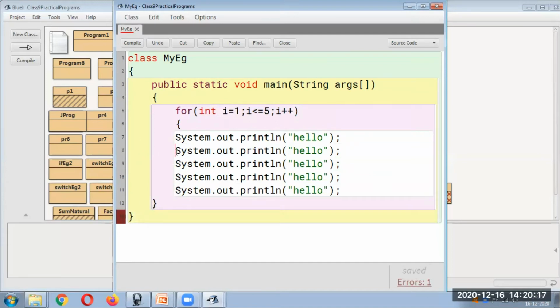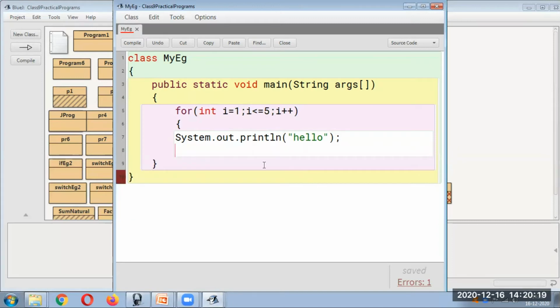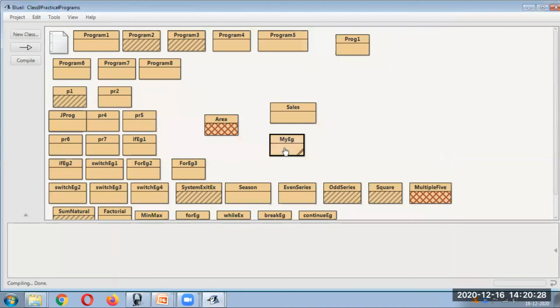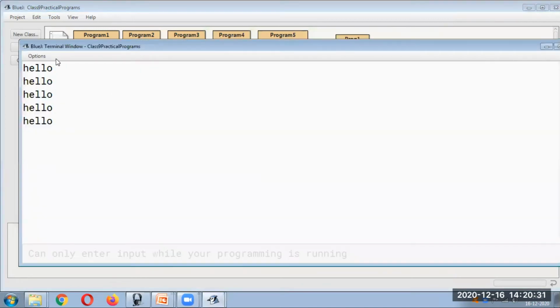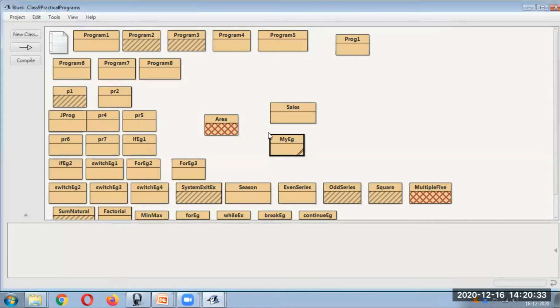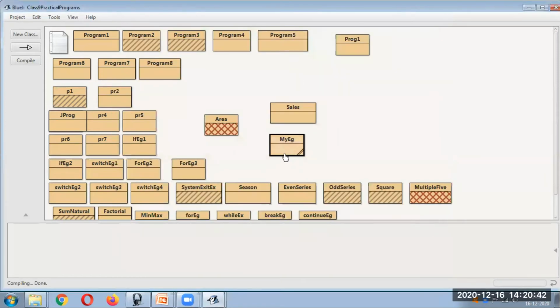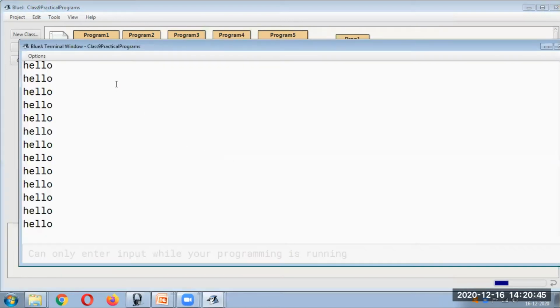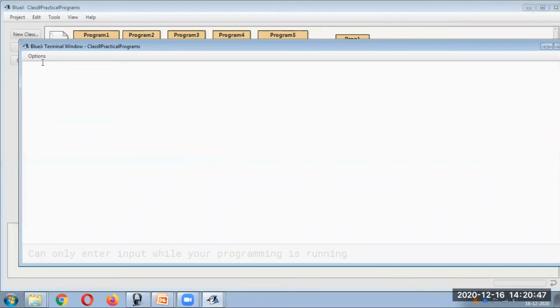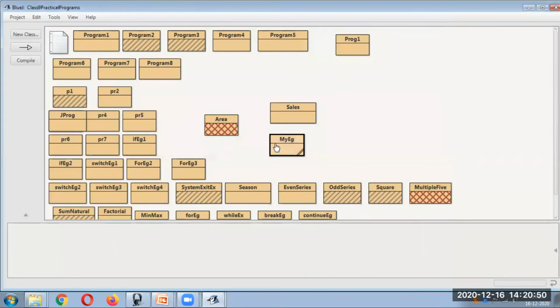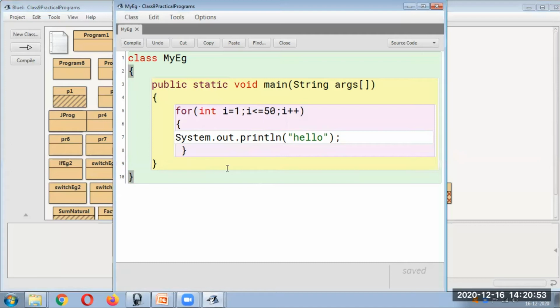Okay, let us remove all this. Now here, if you observe what is the case, let us understand it. If I run this now, this will work 5 times. If I want it 50 times, it's very simple. I have to change only the 5 to 50 over here. So this really is quite helpful. If I want to display 100 times, I can get 100 hellos over here. So the main idea of using a loop is, if you want to do something again and again, that is the idea. So we have used one of the loops, which is the for loop.